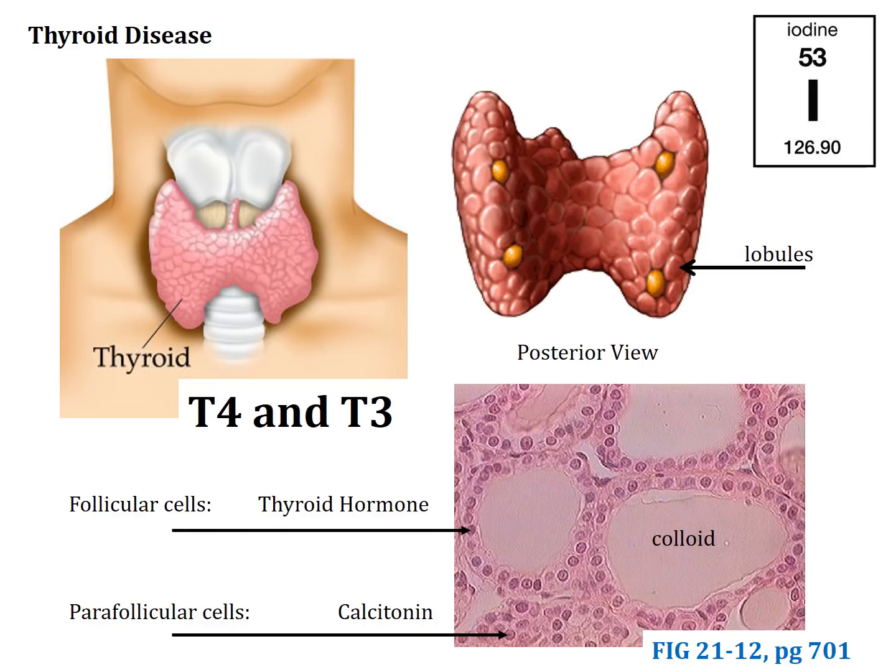Looking at the histology, the thyroid gland has a couple of different types of cells in it. It has follicular cells. These are epithelial cells in a single layer which circle around and line a gelatin referred to as colloid. And then there are some epithelial cells in there which are not directly adherent to the colloid. Those are the parafollicular cells. So thyroid hormone comes from the follicular cells, and calcitonin comes from the parafollicular cells.